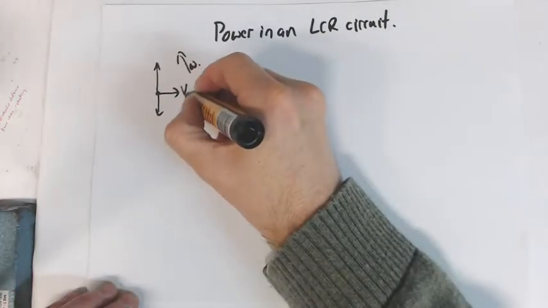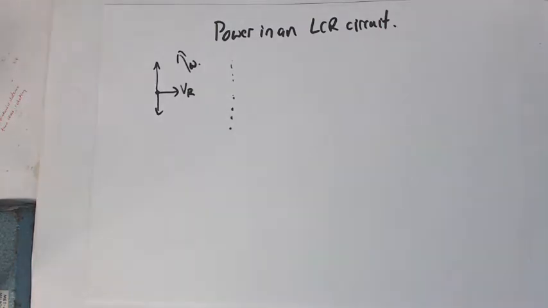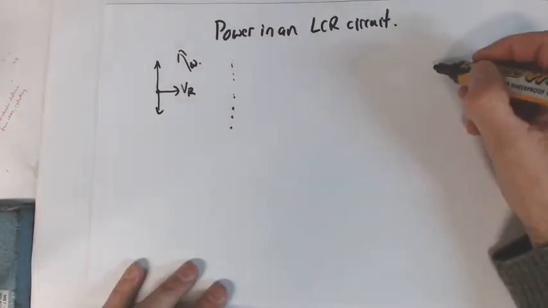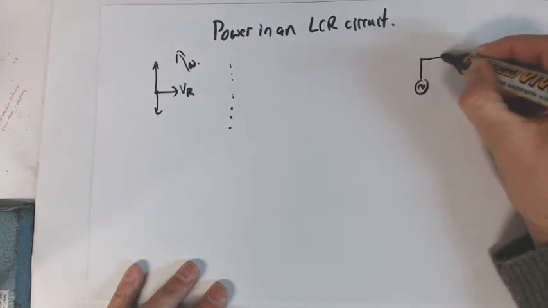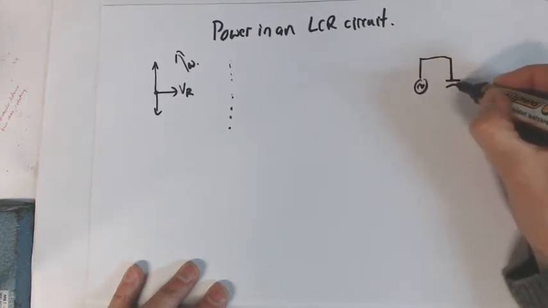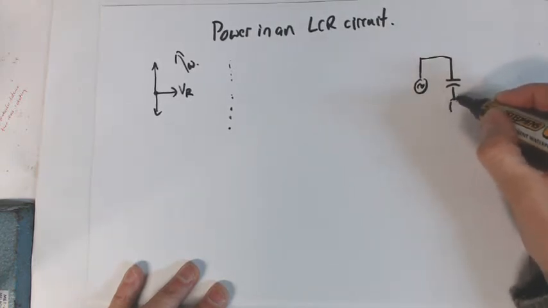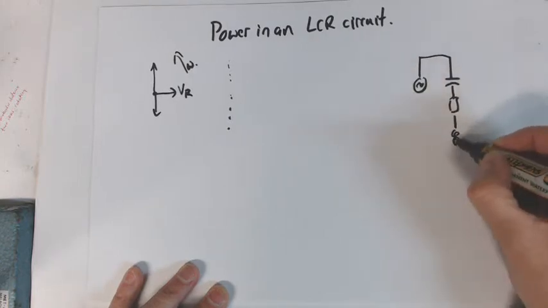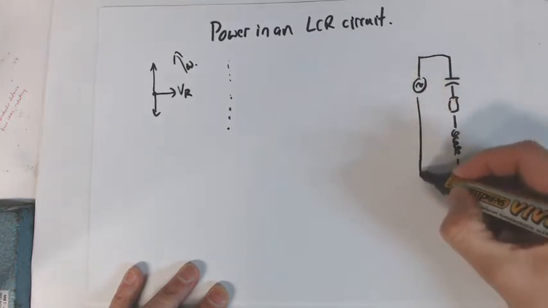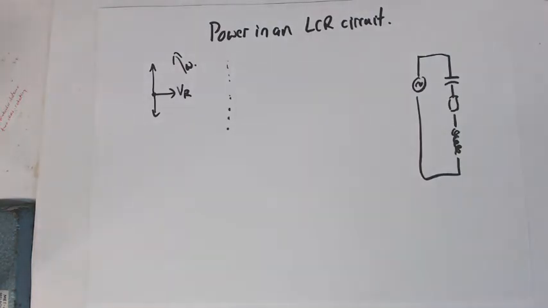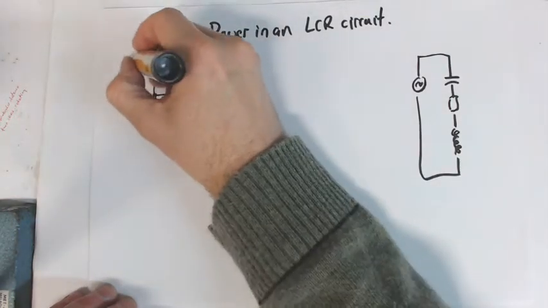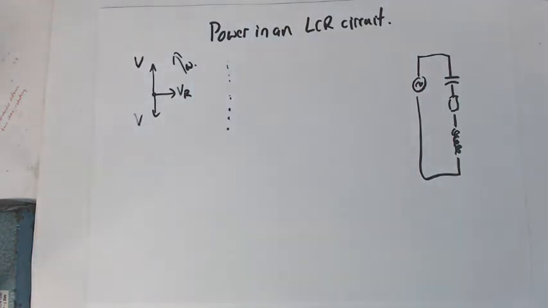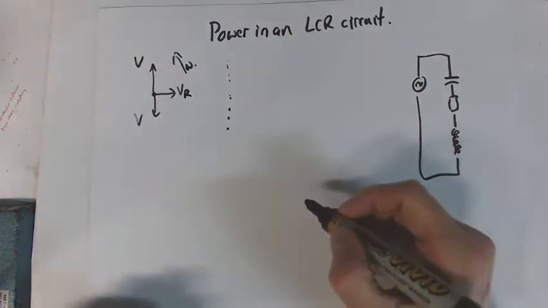This one, VR, is the voltage across the resistor. Remember, this is a circuit like this where we've got an AC power source, we've got a capacitor, we've got a resistor, and we've got a coil. So we've got all three there. Now, which one is the bottom one? We know we've got a voltage there, and we know we've got a voltage there. Which one is which? Well, when we're looking at a